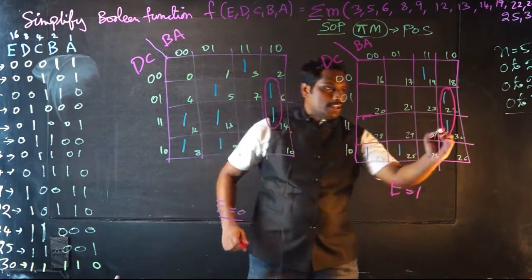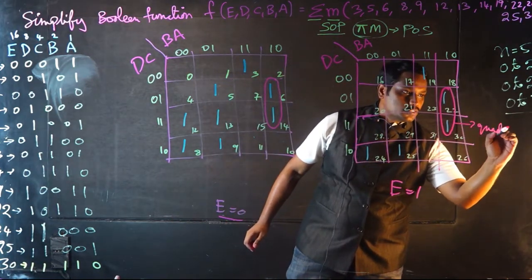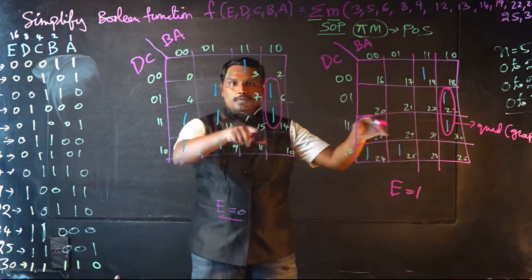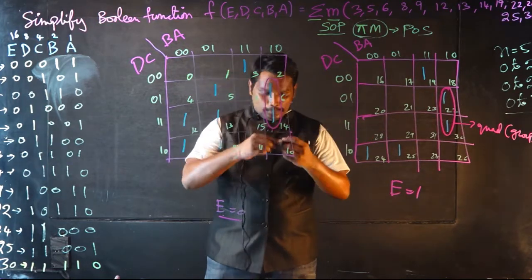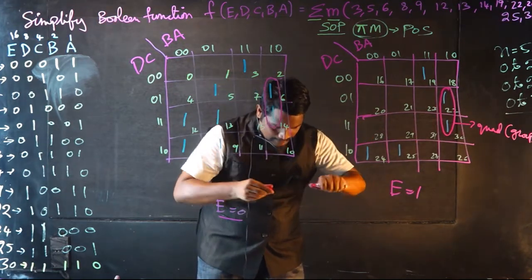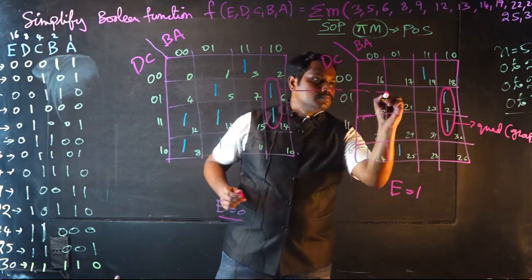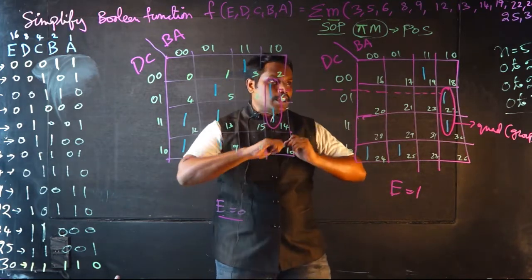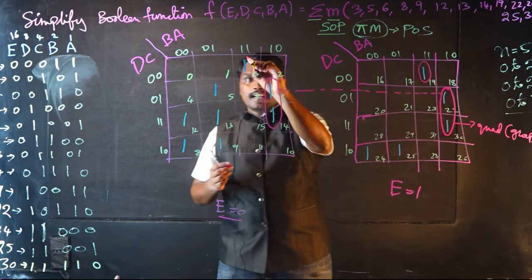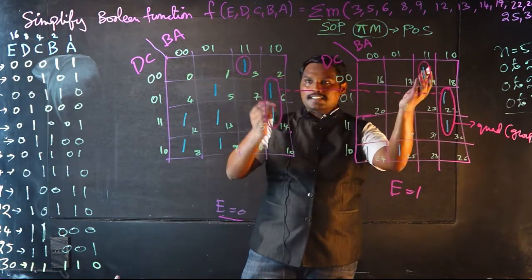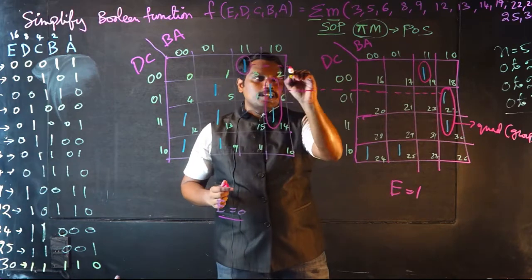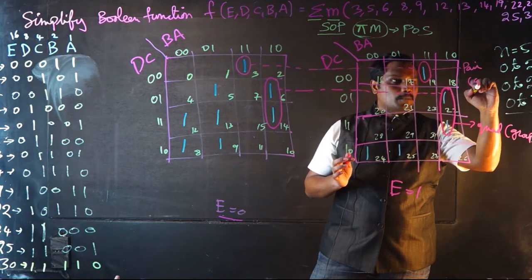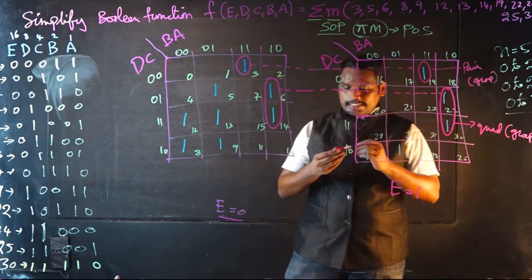So these 4 are considered to be a quad. This is a quad group, which is having 4 ones. You can see all the 4 ones are there, right? Just have a small marking like that, which means that this is forming a quad. And now you can see that this particular one and this particular one are in the same position. The third cell and third cell are the same. So even this you can mark as 1, and this is a pair because 2 ones are there, and I form it as a group. This is the second group that I have plotted.